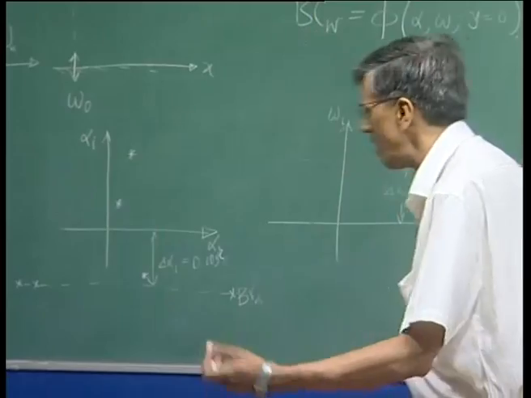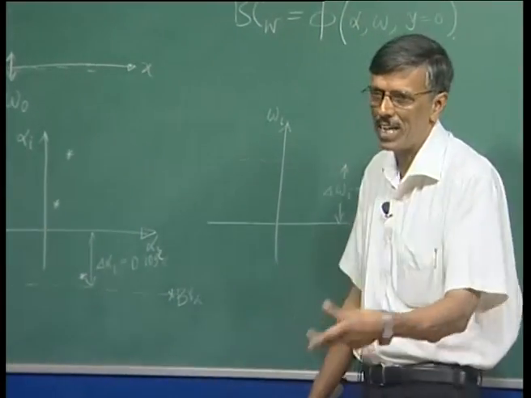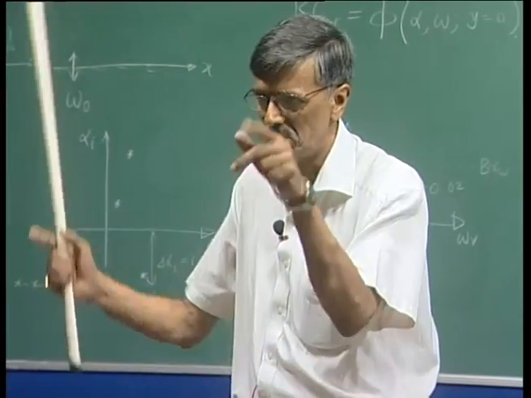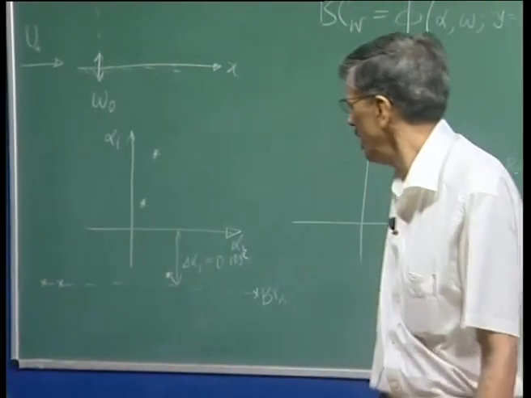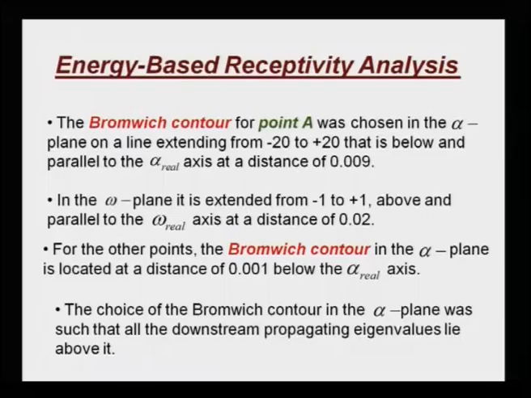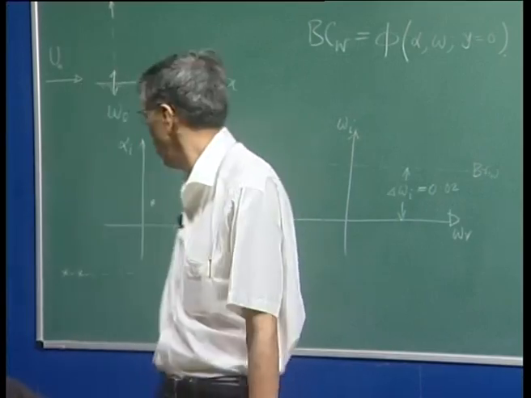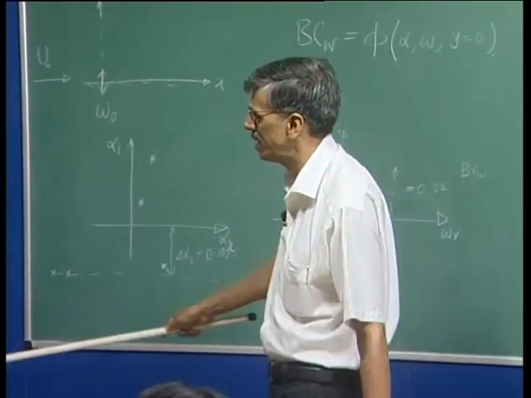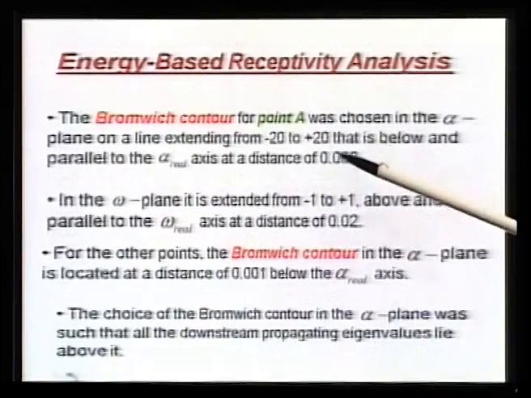In the context of eigenvalue analysis, what kind of alpha r do we get? It is always less than about 1 or so. So compared to that, these are distant ends. So we have figured out that we can take it from minus 20 to plus 20,